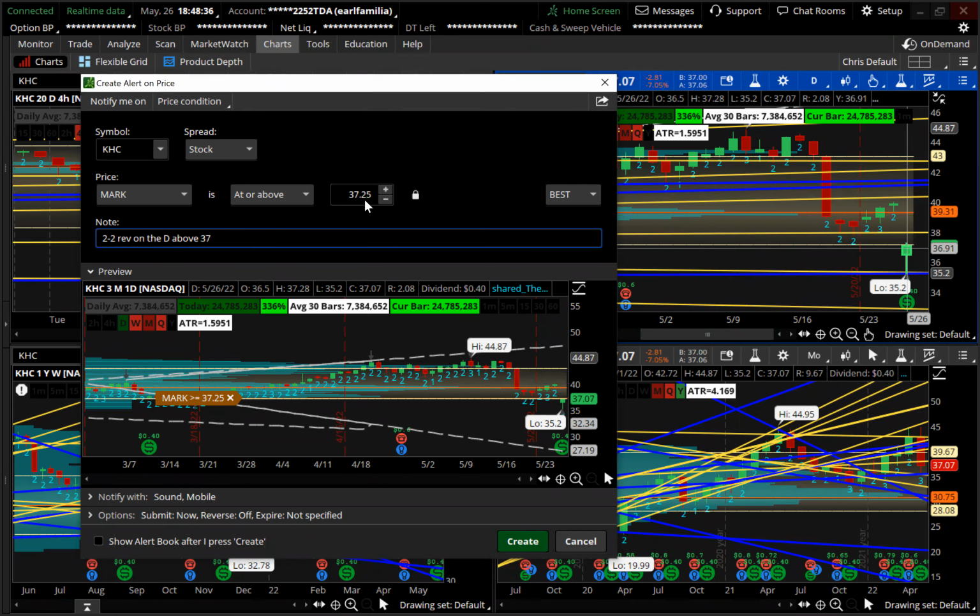Hey, I jumped on a little bit late. I don't know if anybody brought up Lyft, but Lyft got a nice inside 4-hour green hammer. Okay, we went over that already. Yeah, that was a fire setup, one of the first ones I pulled too. It's a 2-2 rev on the day, and tomorrow should be continuation. Great minds.